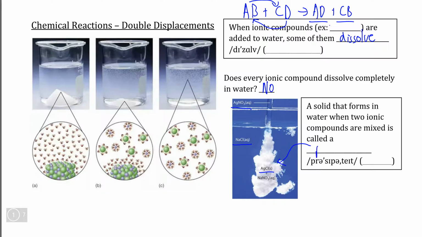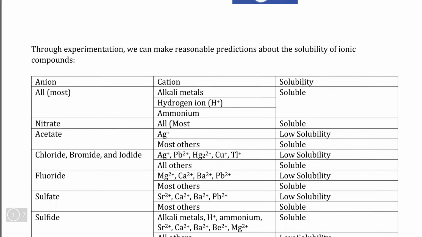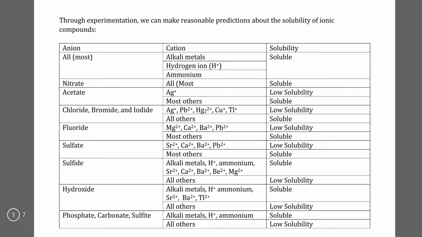This phenomenon is what we call precipitation, as in the same term that is used to describe water falling from the sky, and the name of this solid that we form is what we call a precipitate. Now, precipitate formation is actually rather predictable with the aid of something that looks like this, which is what we